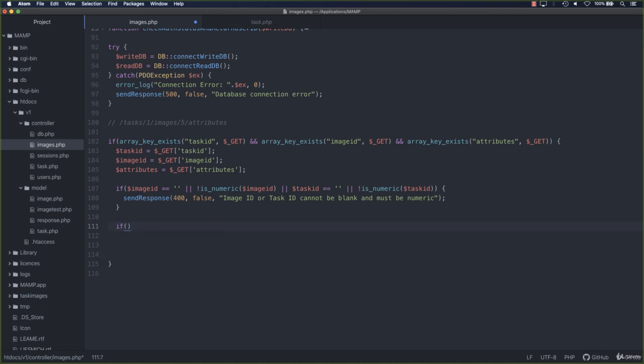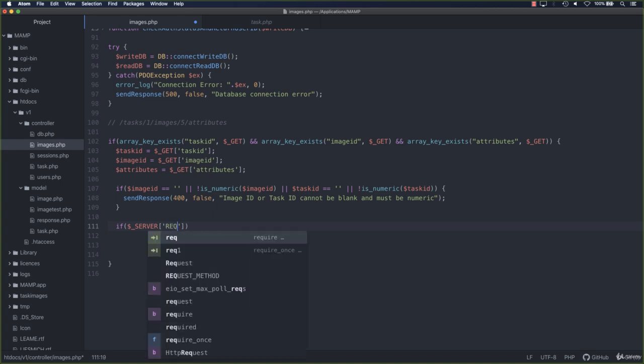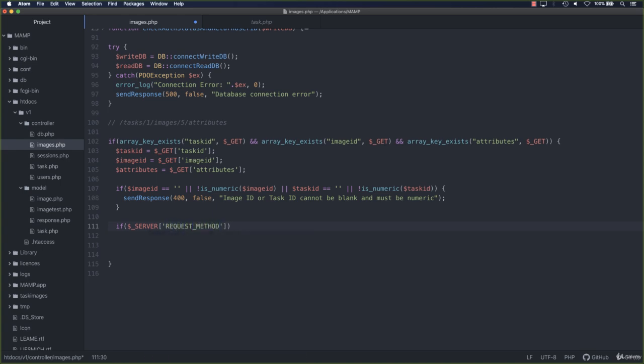So I'm just going to create the if statements to check to see if it is get. You could use a switch statement here. My preference, to be honest, is to use if statements. I just find them a bit clearer, but that's personal preference. So server request method, if that is equal to get,